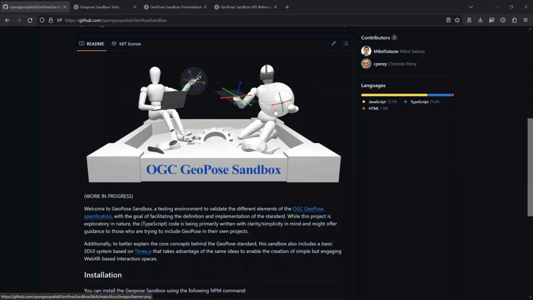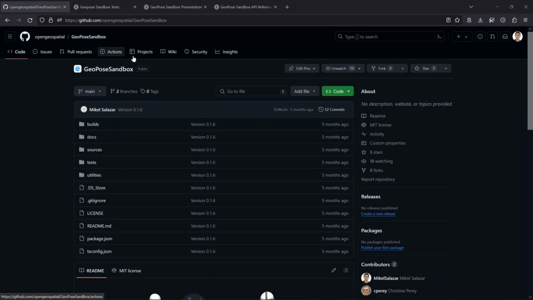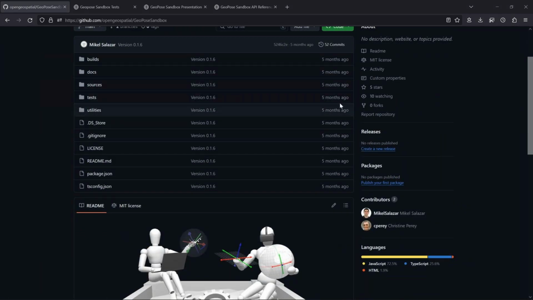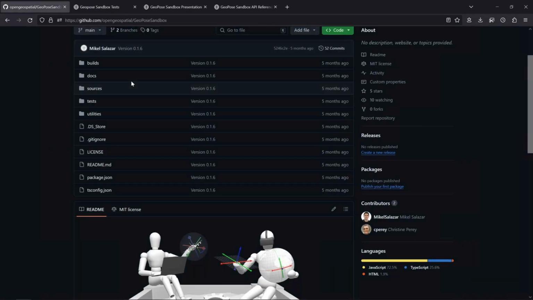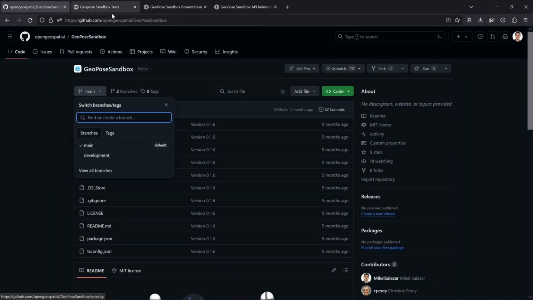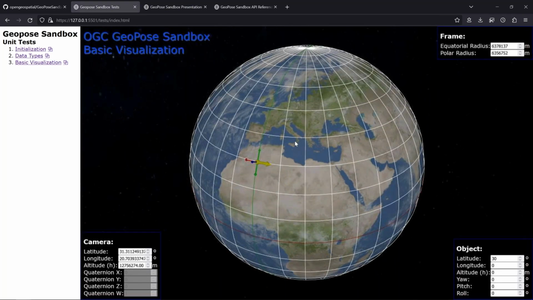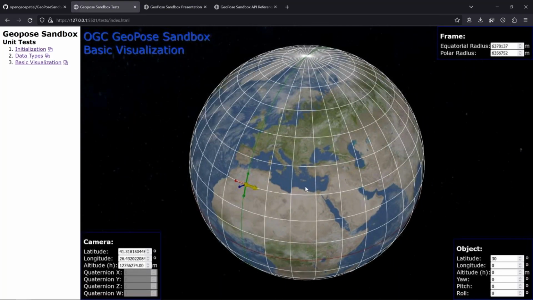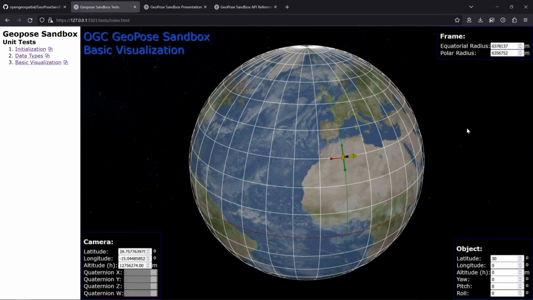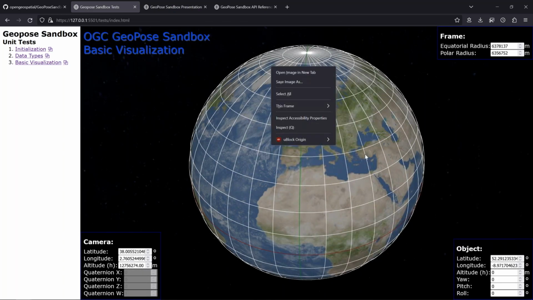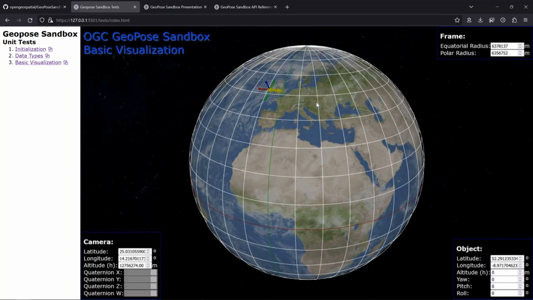Okay. This is the GitHub repository where you can see the latest version from 5 months ago. Hopefully, I will upload the next version today. In the developer branch, I have to mention there are 2 branches. Some of the examples we have been working on are the ability to place and create any kind of space. Normally it's the Earth, but we can ask how it would be on the moon or